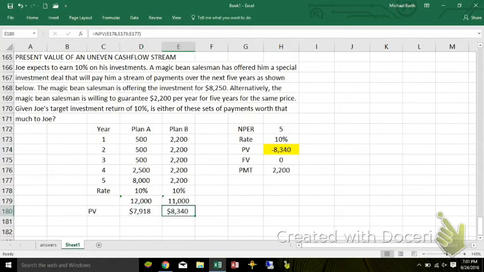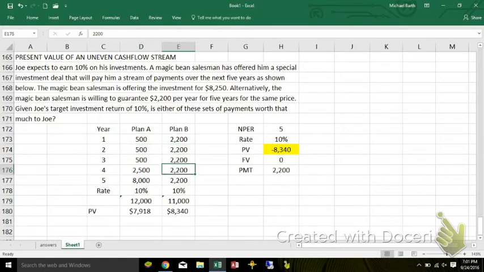It'll come up with the same answer. The difference in the cash flows, this is less total dollars, but you get them back sooner. So you could reinvest them sooner, so they'd start earning interest sooner. So that makes them more valuable. So if Joe had a preference between these two,